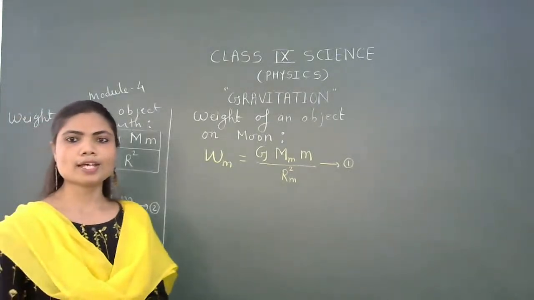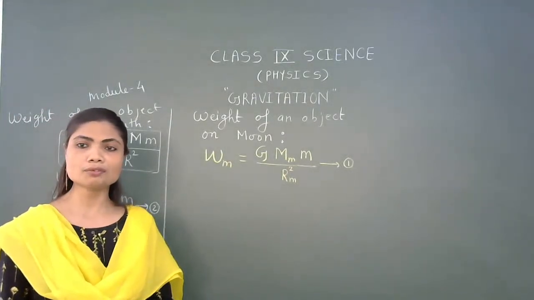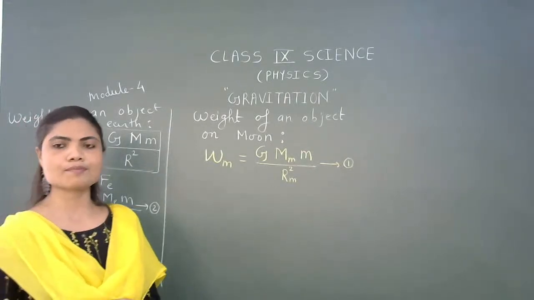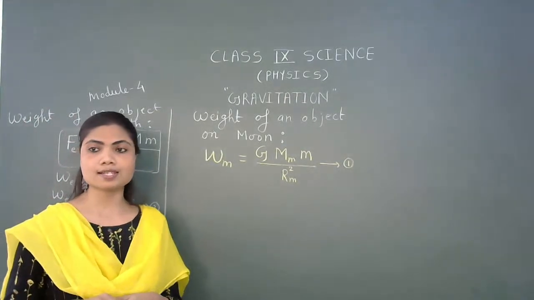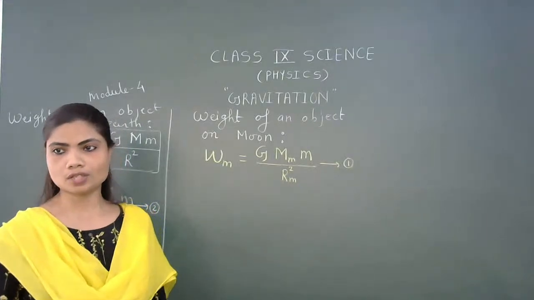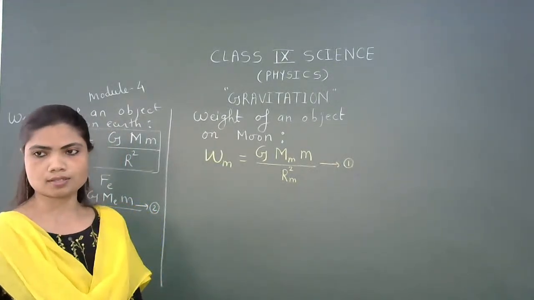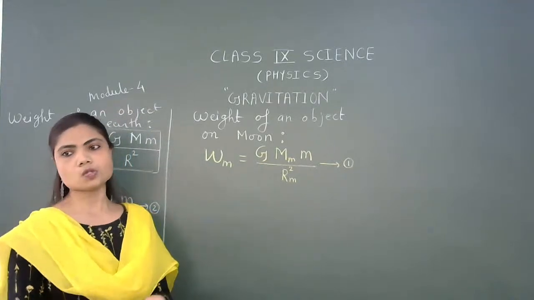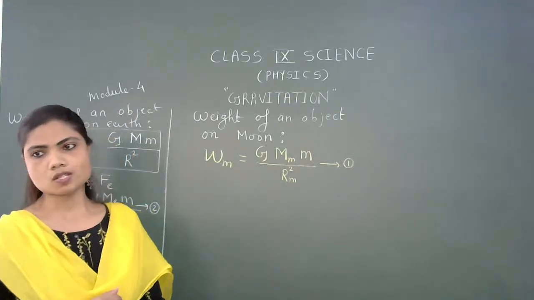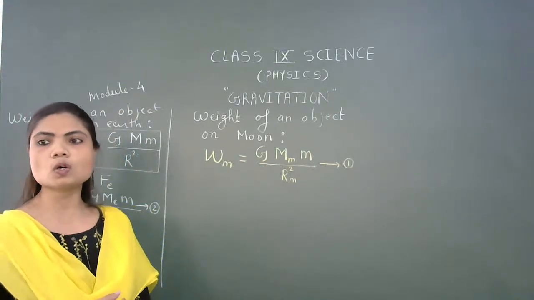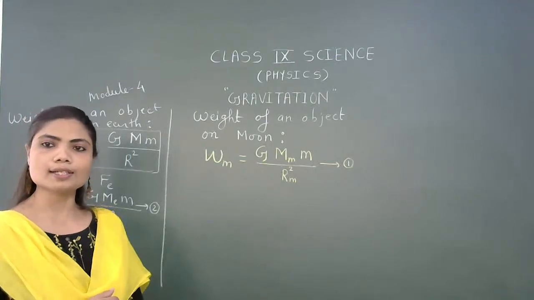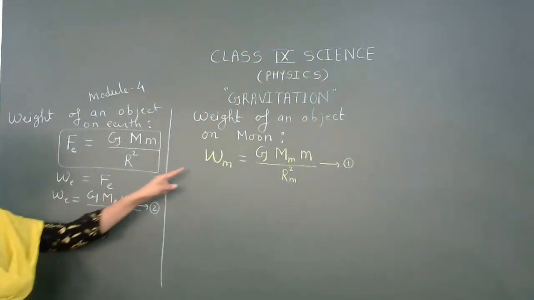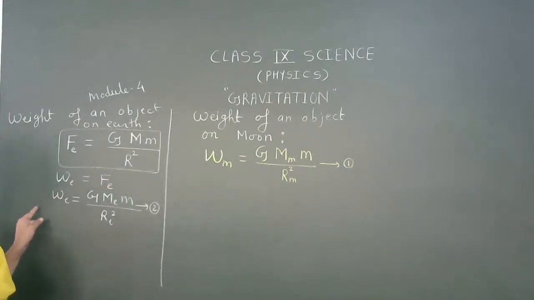Right? So we have to use the reference terms. We know the values of particular terms like G, especially in terms of the mass of the Earth or the radius of the Earth. Similarly, in NCERT we are provided with the mass of the moon and the radius of the moon. So making use of the given data, we can calculate the ratio of the weight on the moon with respect to the weight on the Earth.